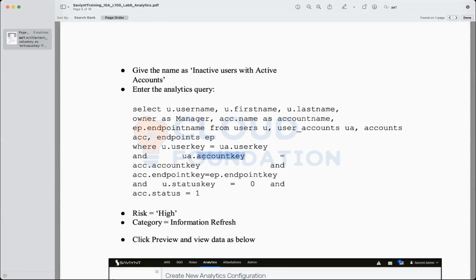This account key will be stored in the accounts table. Because it is being stored in the accounts table, obviously it will be stored in the user accounts table as well, because the user key is going to remain a primary key. There is only one user key, but for each target application, you have an account key, right? The way we were denoting the logical version of it, where we were saying that one user can have access to multiple applications, at the database level.